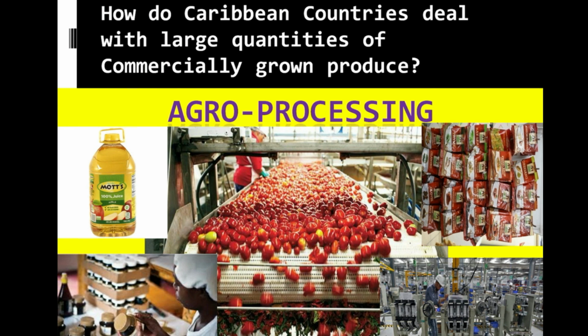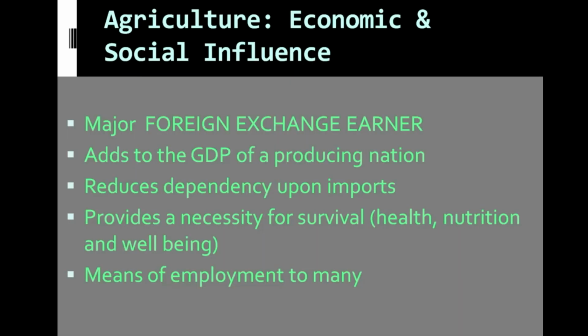Now, agro-processing bridges the gap between a primary economic activity such as agriculture and a secondary economic activity such as manufacturing or food processing. Two completely different economic activities can be bridged, and this is where agro-processing comes in. So this is important. So you can see how agriculture can simply transcend from a basic means of cultivation to a very profound economic venture involving manufacturing facilities.